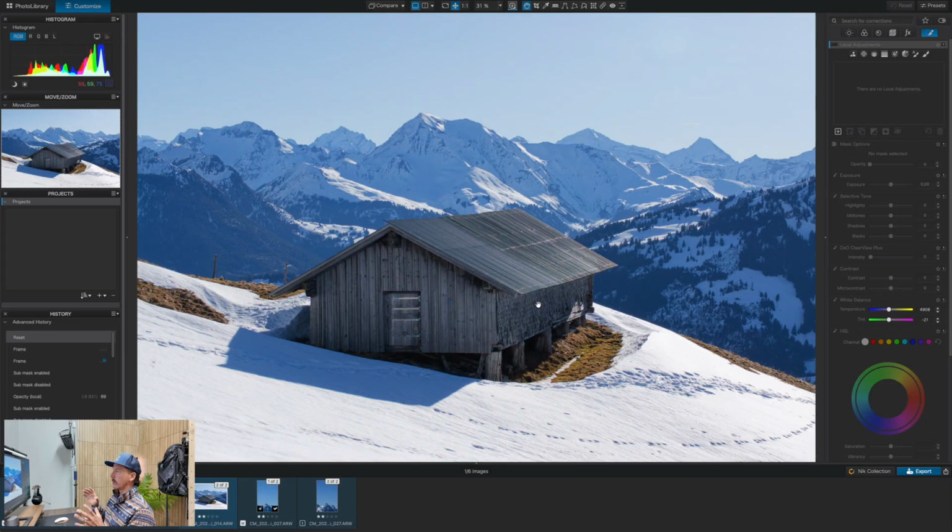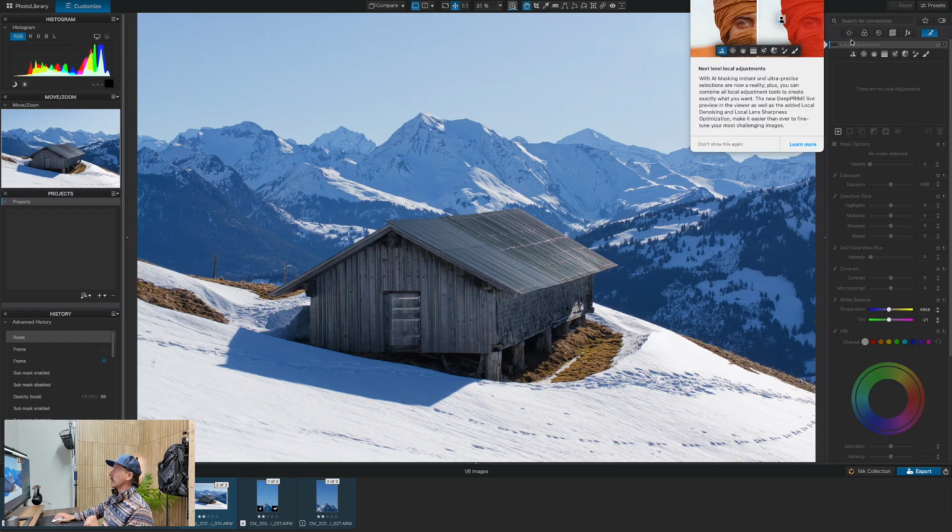So I want to definitely crop and rotate the image a bit, and then I want to warm it up, and then I want to enhance the sunlight that's coming in from the top right here. And again, I mean, DxO, if you look at compare, that's the original raw, and that's what DxO has done automatically. So not much for me to do. So let's just go back to the light